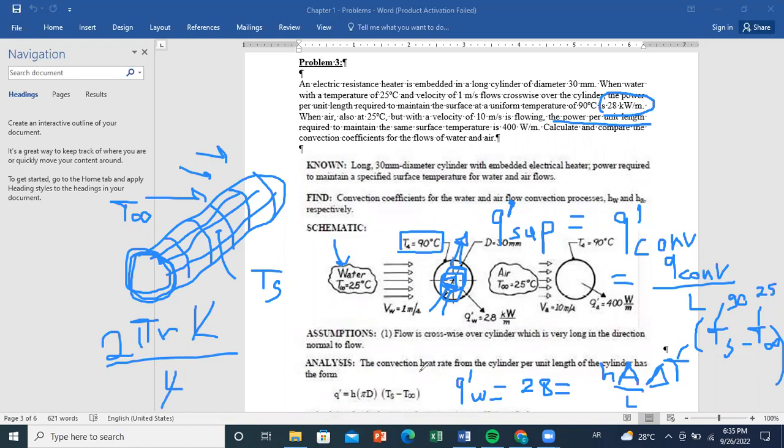So you get in total that Q prime is the convective coefficient times pi d times delta T. Now, what about the value of H? We know everything except H, but please pay attention to the unit. If you want to use the exact unit of Q prime given, which is kilowatt per meter, then the convective coefficient will be in kilowatt per meter square